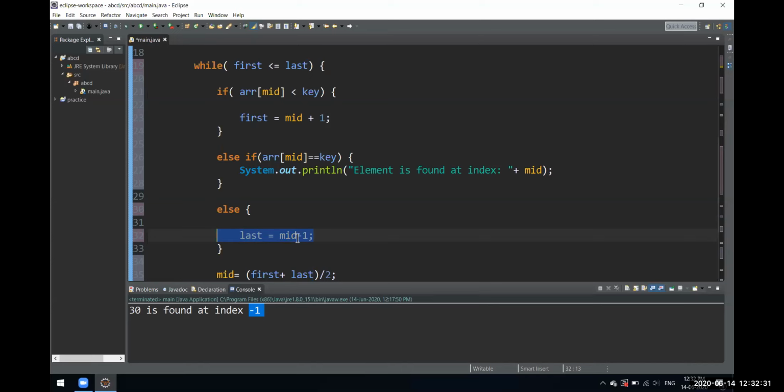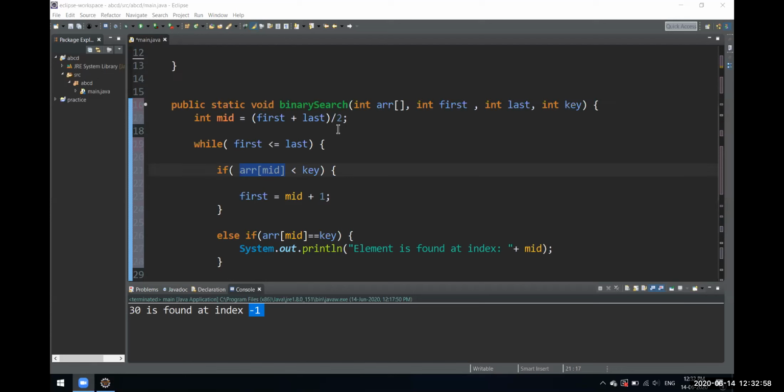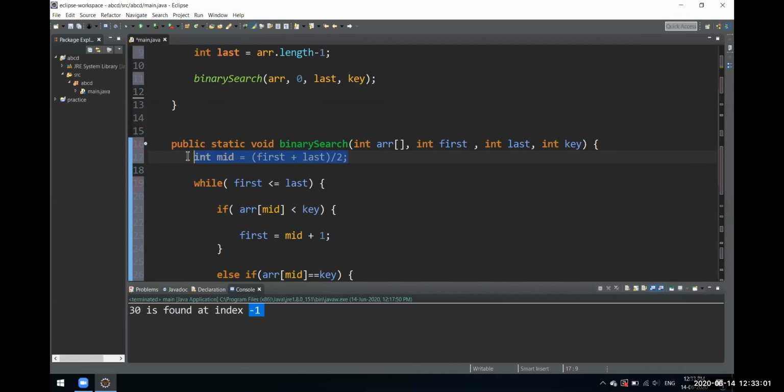So first, what we are doing is finding the midpoint of that array, and we have that key. We have a while loop, and we assigned our key over here. And what we are doing is, if that midpoint element is less than our key, then... mid is nothing. Mid is just our midpoint which we got over here. When we started our function, we just found this one value called mid. It's just the midpoint of that array.